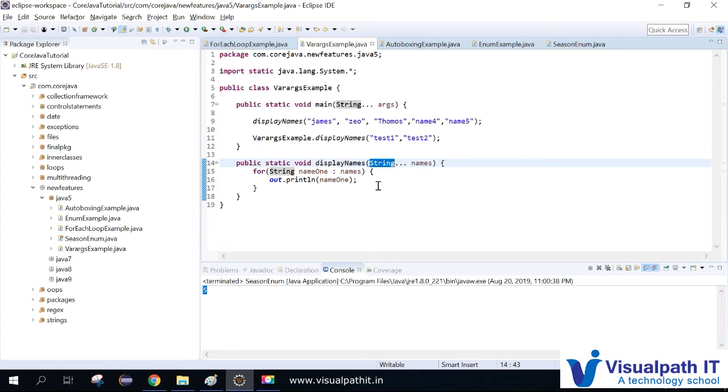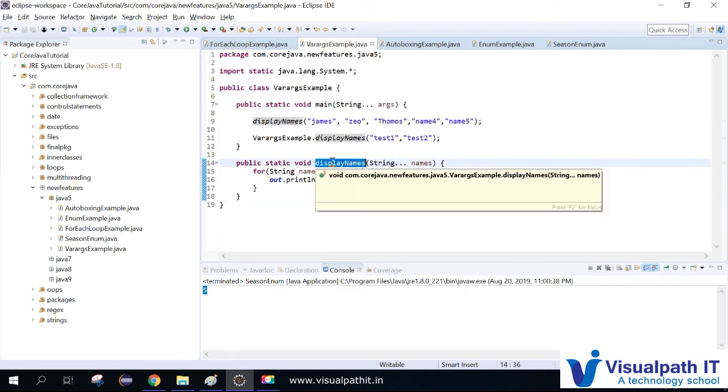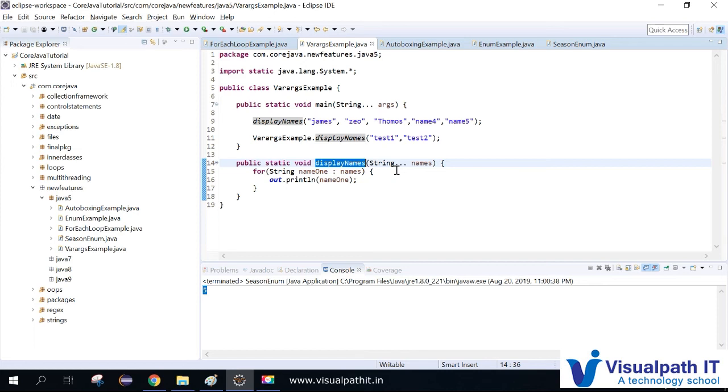What if I want to pass a float element? So I need to create one more method displayNames with the float data type as a parameter. So I need to have n number of methods for n number of data types. I don't want this kind of syntax. I want only one method which actually takes any type. If I give a string or integer or float, any data type, it should function for me. That is called generics.